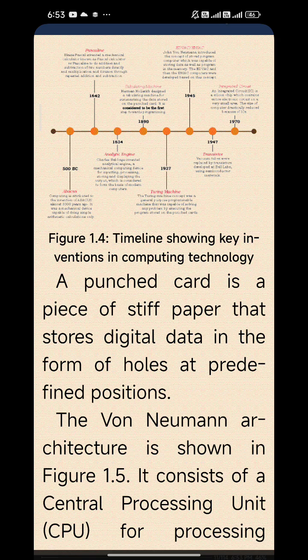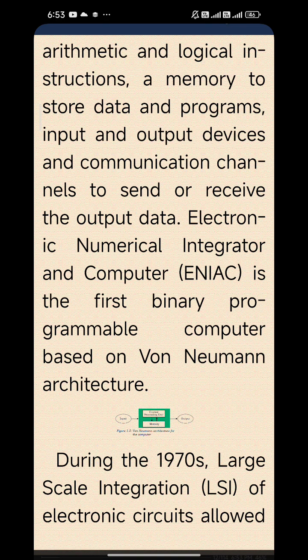A punched card is a piece of stiff paper that stores digital data in the form of holes at predefined positions. The von Neumann architecture is shown in figure 1.5. It consists of a central processing unit (CPU) for processing arithmetic and logical instructions, a memory to store data and programs, input and output devices, and communication channels to send or